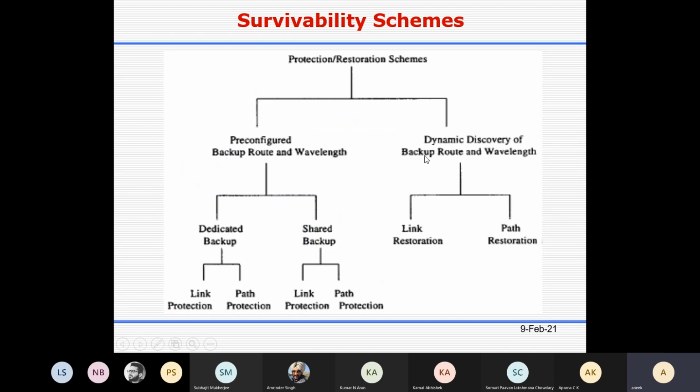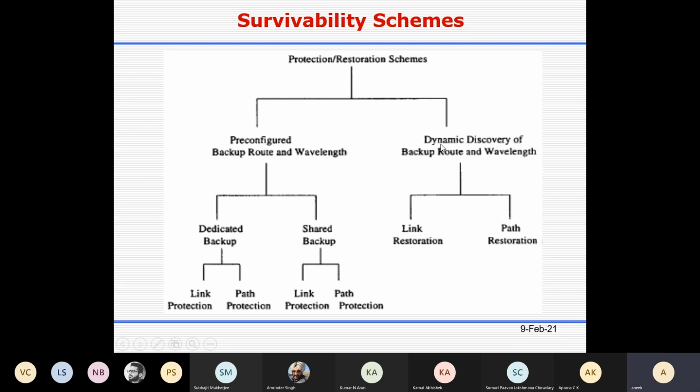Now comes this portion, which is dynamic discovery of backup route and wavelength. Basically this is your restoration scheme. Restoration scheme means you have to find out the backup route at run time. Route means the backup physical path over the fiber, and the wavelength.